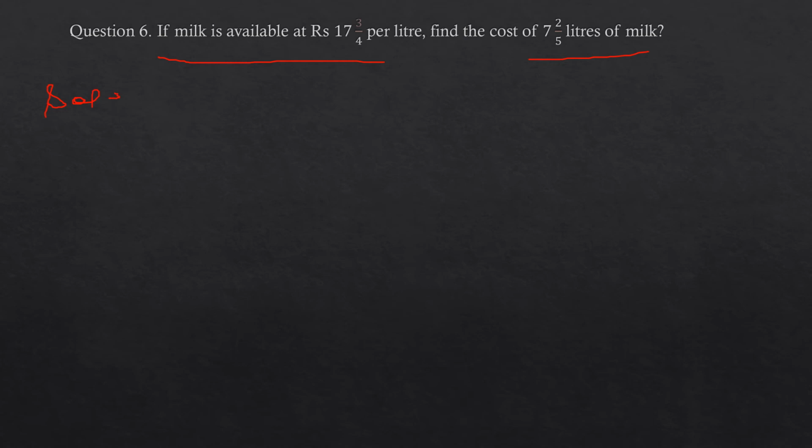Suppose you go to the market and you buy a chocolate for yourself. This chocolate is for rupees 10, meaning the cost of one chocolate is 10. And soon you realize that you have your 3 friends with you, so you have to buy chocolates for those 3 friends also, meaning you will buy 3 more chocolates.